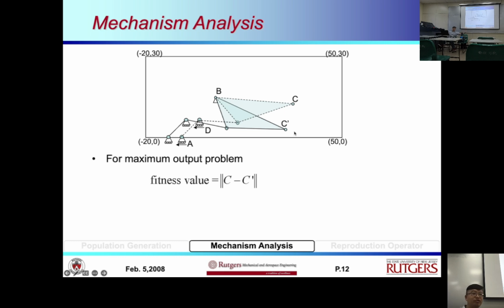So she will compute the distance between C and C prime. In her first kind of problem, she just wants the movement to be as large as possible, maximum output. Okay, so why is she making this? She's trying to design a gripper. Okay, and sometimes you want the input to be small, like a small pulling force or a small motor, but the output is big. It's like you can amplify your movement by the